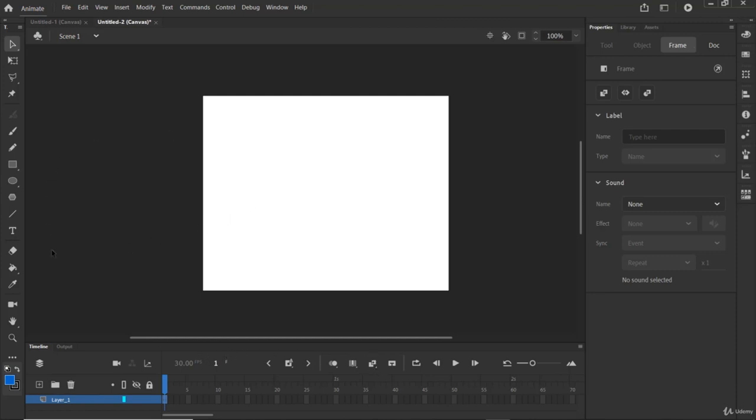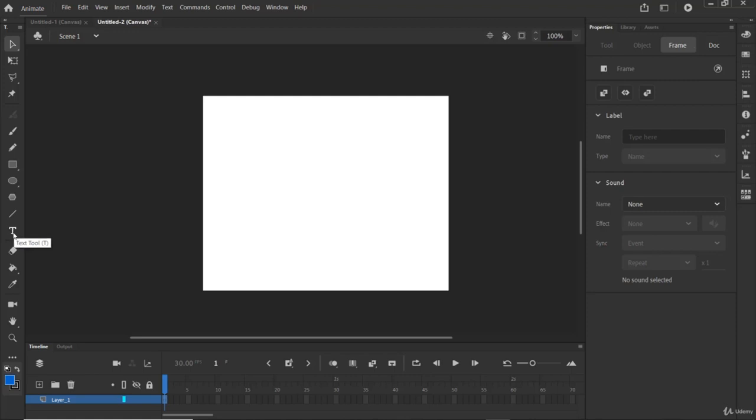Then on this side you have different tools. As you can see, you have these selection tools, and you have these transformation tools, and this polygon tool. You have different tools like classic brush, pencil, rectangle, oval tool, line tool, and you have text.